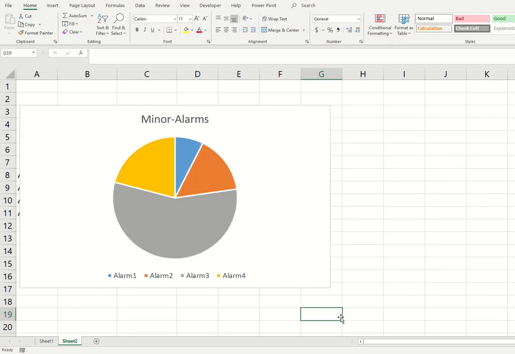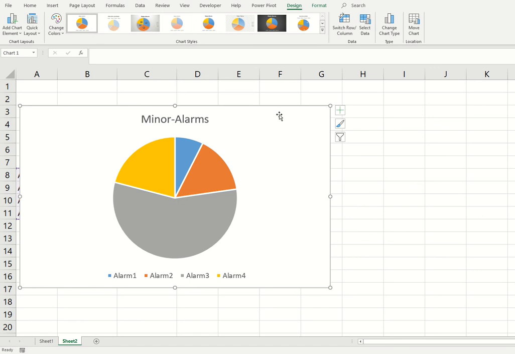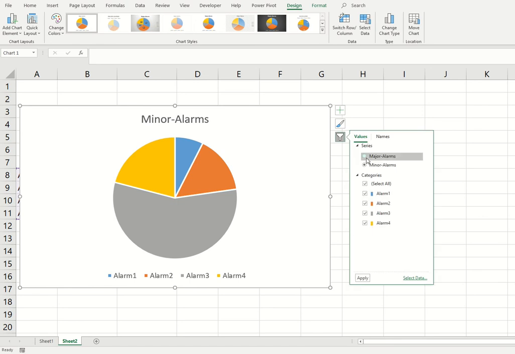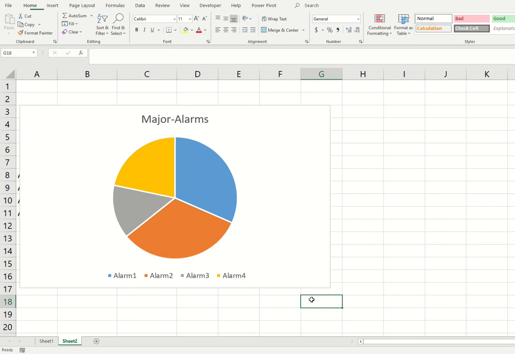So Excel will automatically take care of both major alarms and minor alarms, but we cannot see both major alarms and minor alarms at a time. But we can still filter between the major alarms and minor alarms. And this is all about the pie graphs.